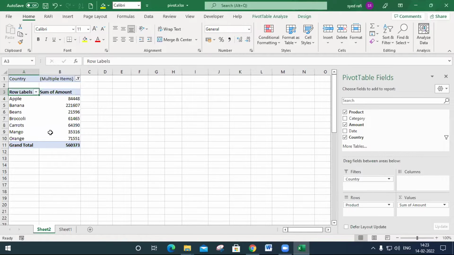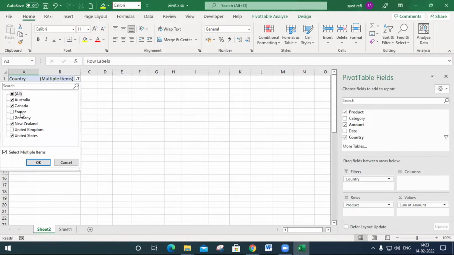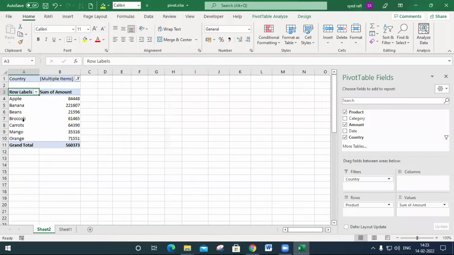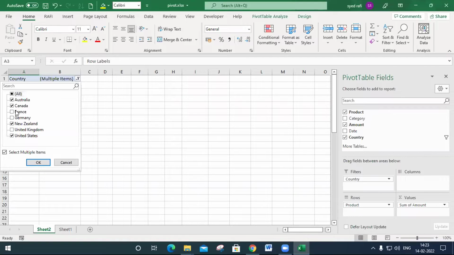The data displaying is for the 4 countries, Australia, Canada, New Zealand, and the United States. In these 4 countries, the products sold and the amount will be displayed here like this. So in this way, you may select multiple items by placing them in the report filter.